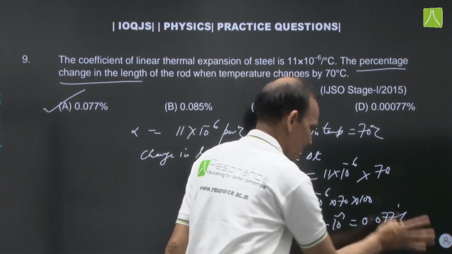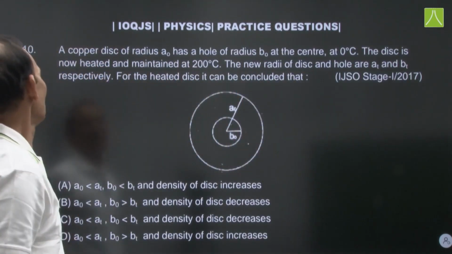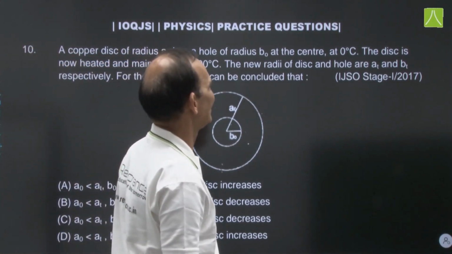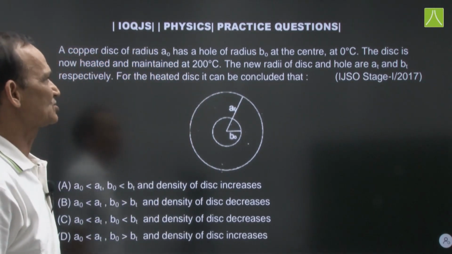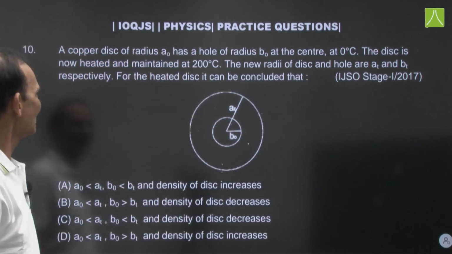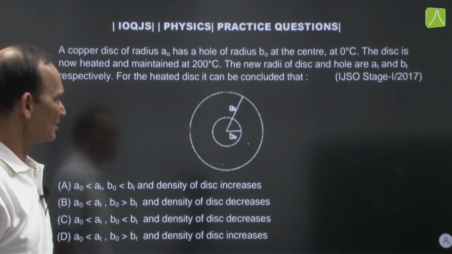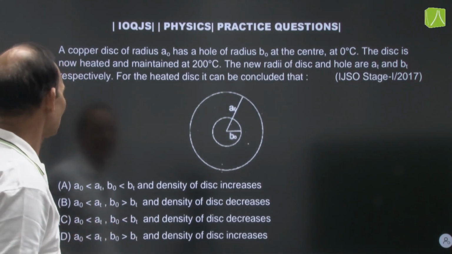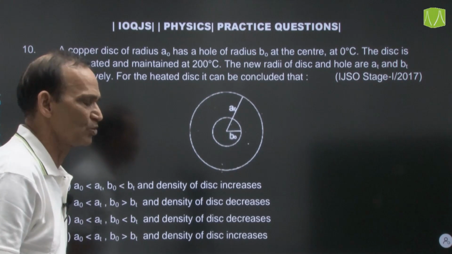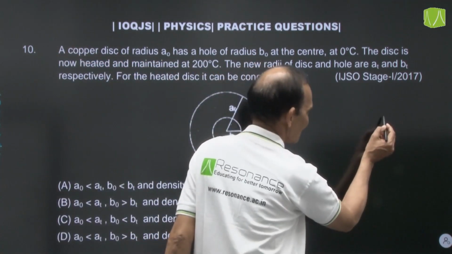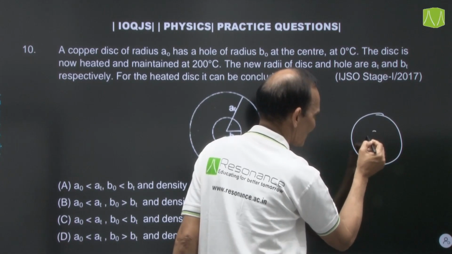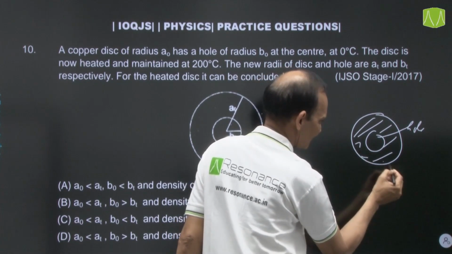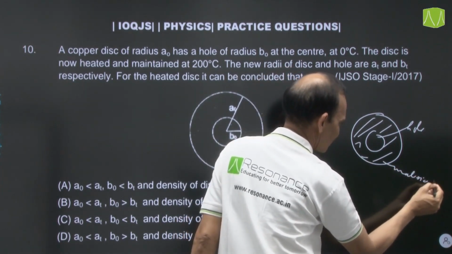The next question is 10th. A copper disc of radius A naught has a hole of radius B naught at the center at 0 degrees Celsius. The disc is now heated and maintained at 200 degrees Celsius. The new radii of the disc and the hole are AT and BT respectively. For the heated disc, it can be concluded that, first of all, think, most important, it is the disc, it is the hole, it is the material. On heating